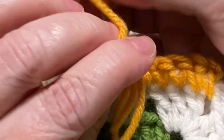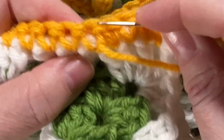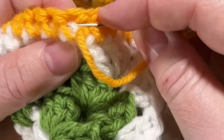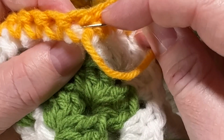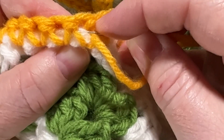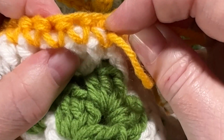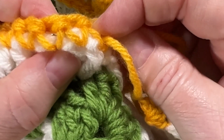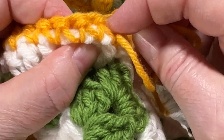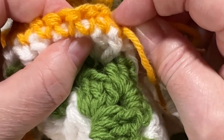Okay, all right, so this is where I've exited under this stitch. So again, I want to catch just a little bit of the white. Okay, see that much, just a little bit there on the top. Okay, go under the yellows and kind of grab some of the white as you're going along. Keep going, grab a little bit more of the white as you go along. Okay, you see how I've come out right there, and I'm going to grab just a little bit of that white. See how I'm working the needle kind of back and forth just to pick up a little bit of that white. I'm going to keep going,